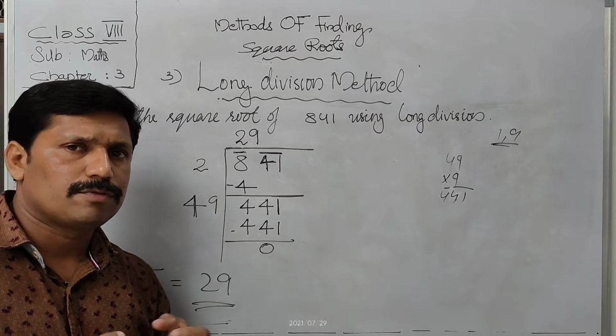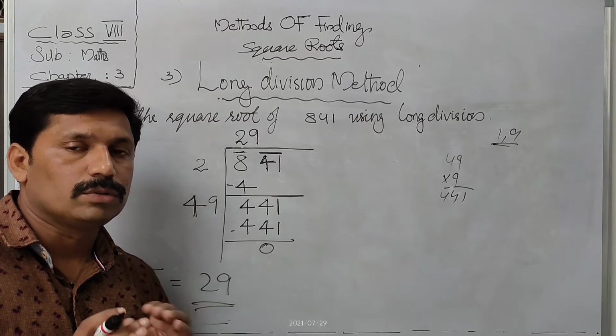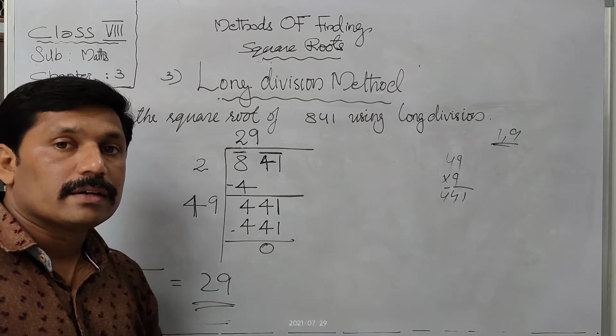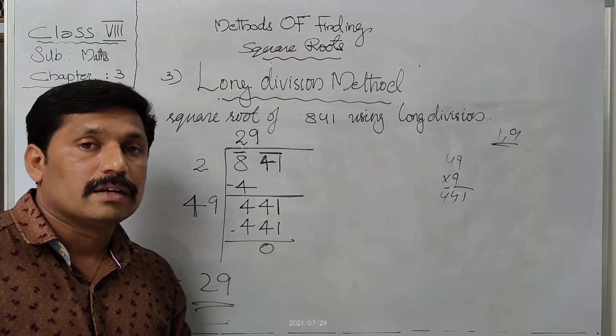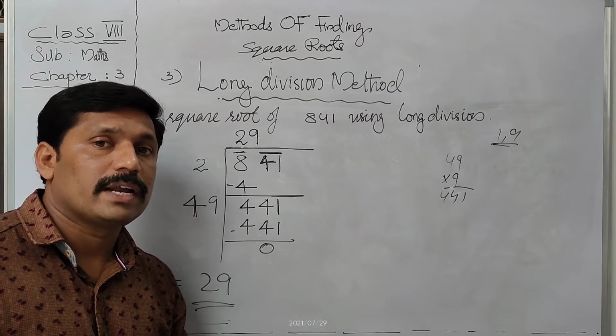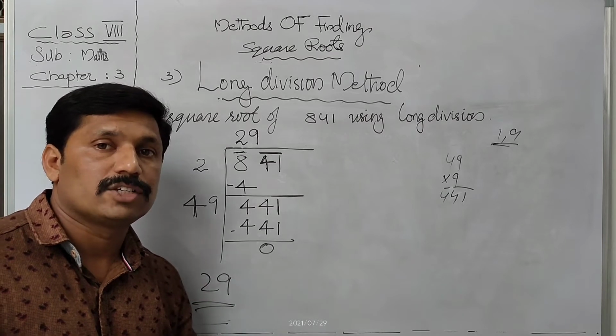This symbol, first of all you feel that it is confusing, but when we go through 2-3 examples, then you can feel that it is a very simple and interesting method of finding the square root of a number. Okay, we move to another example using this method, then you can make it clear.